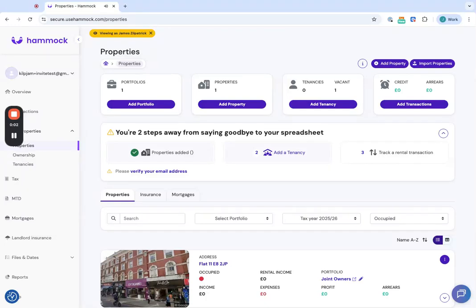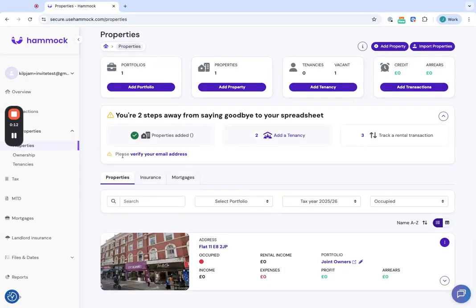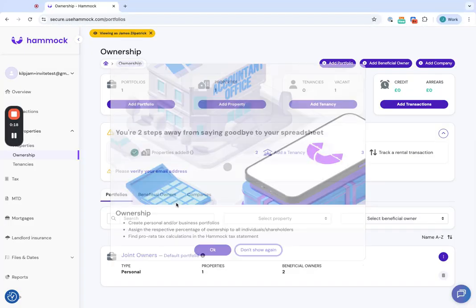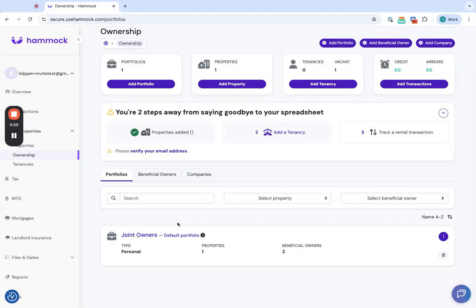This video is going to show you how you can add and invite a second owner on your property so that they can do their own MTD submissions on the pilot. And the first thing you are going to need to do is make sure that we've got the ownership set up. So you want to head into your ownership section, make sure that you've got all your portfolios added and